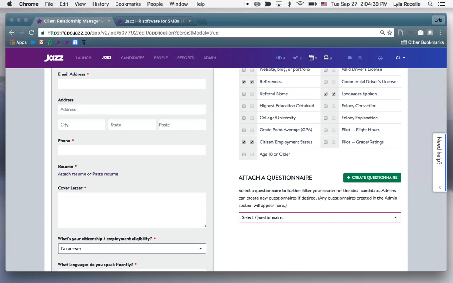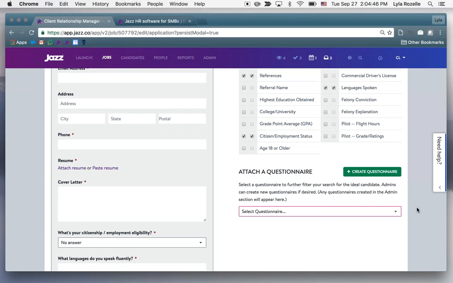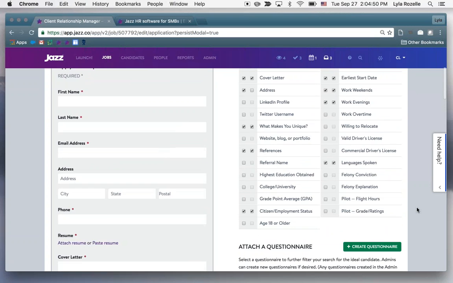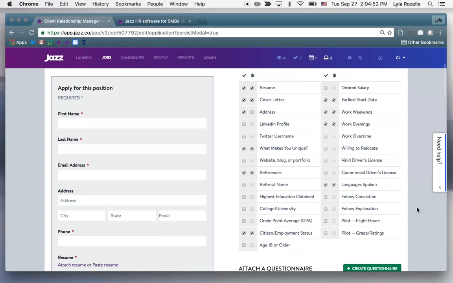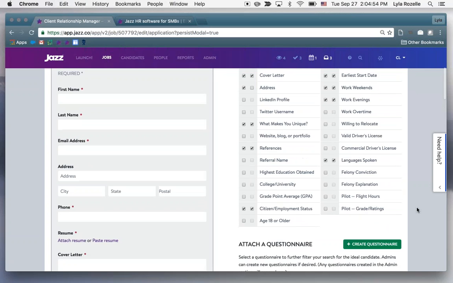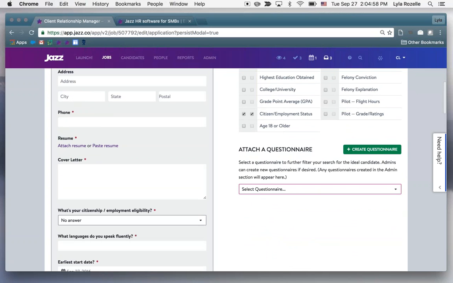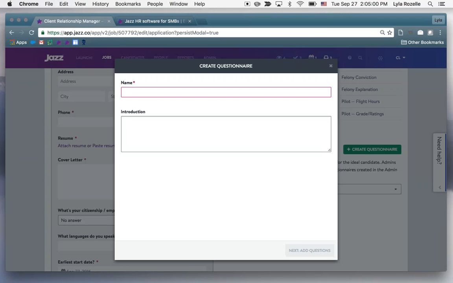So if you have a question that's specific to your company, specific to your job, something that is only relevant to this job, or something that just isn't covered by these common questions, if you have to word something in a specific way based on your state, you can absolutely create your own custom questionnaire. So if I wanted to create a questionnaire here for my software engineers,